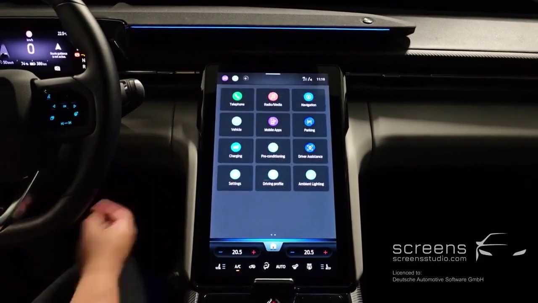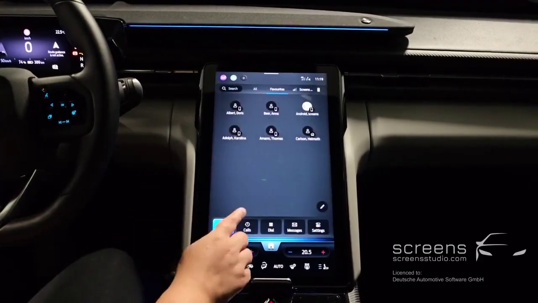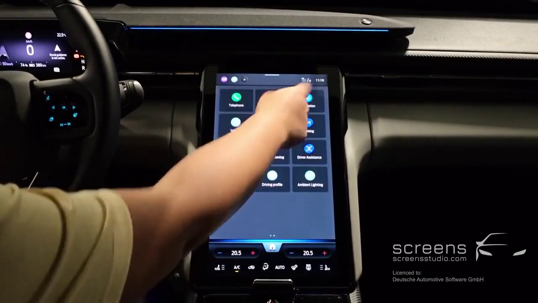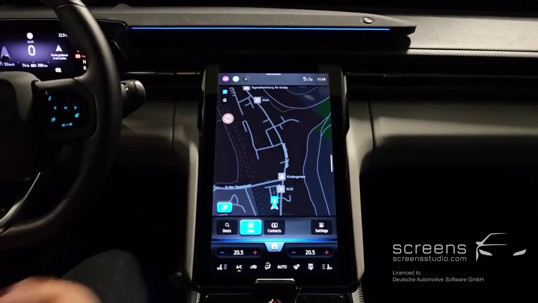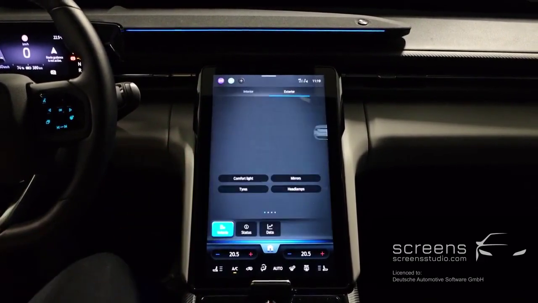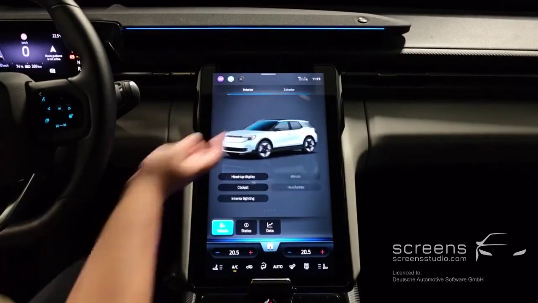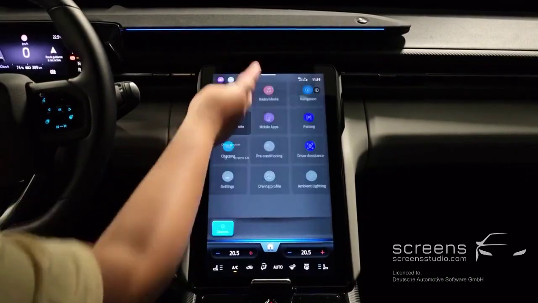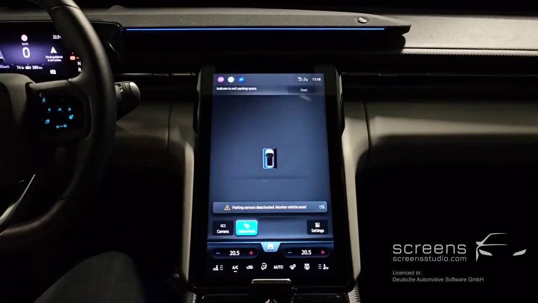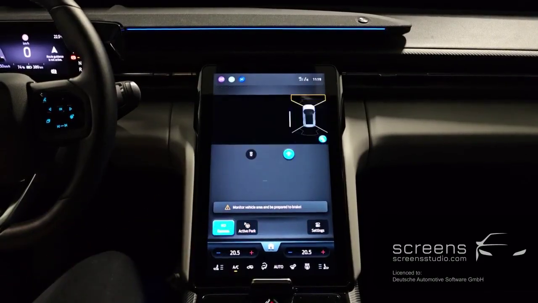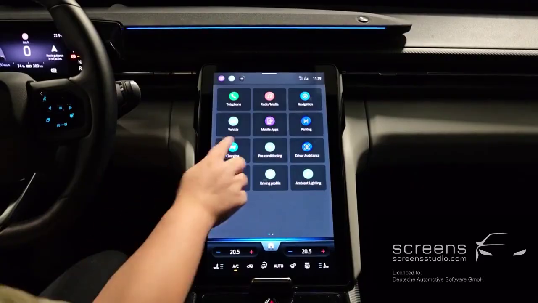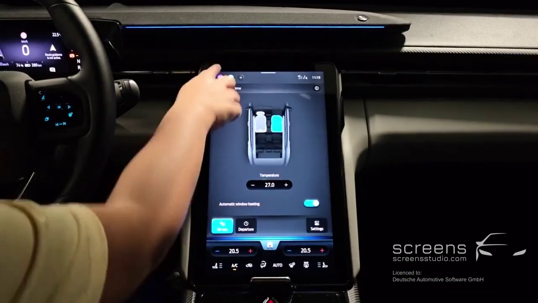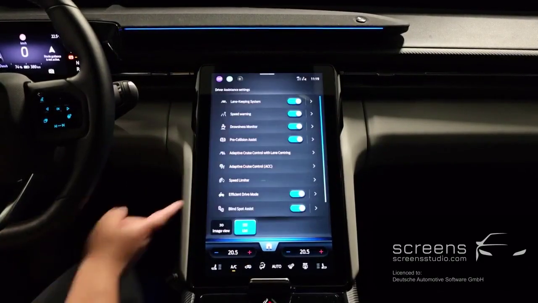Next, let's take a look at the app menu. Here you can access telephone, radio and media, navigation, vehicle, mobile apps, parking, charging, preconditioning, driver assistance,